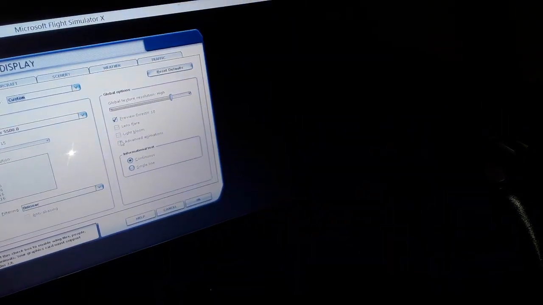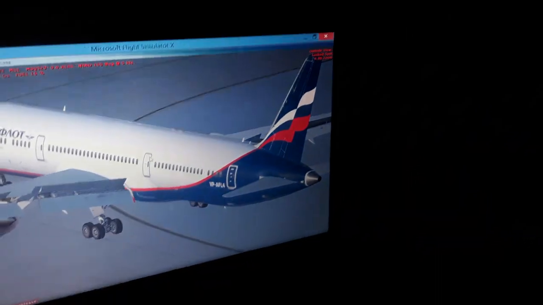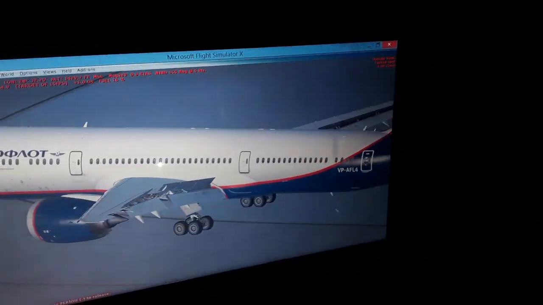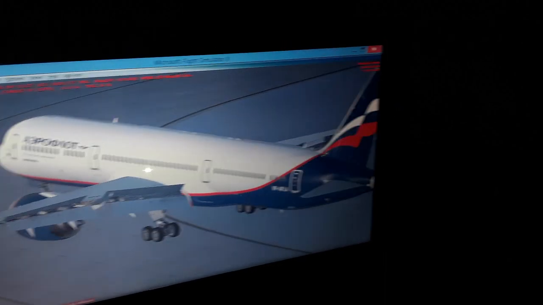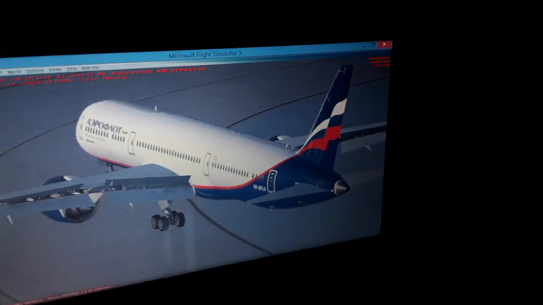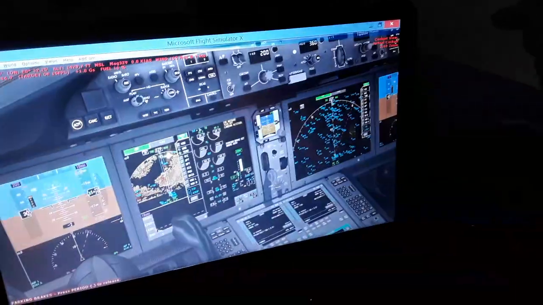So we have advanced. Oh, we had some mistakes here. I had no flaps for a while, so I got them now, because I forgot the advanced animations. So we have all